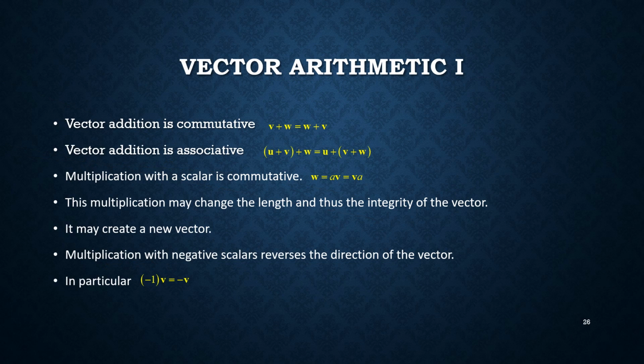Vector addition is commutative. Vector addition is associative. Multiplication with a scalar is commutative. This multiplication may change the length and thus the integrity of the vector. It may create a new vector. Multiplication with negative scalars reverses the direction of the vector. In particular,